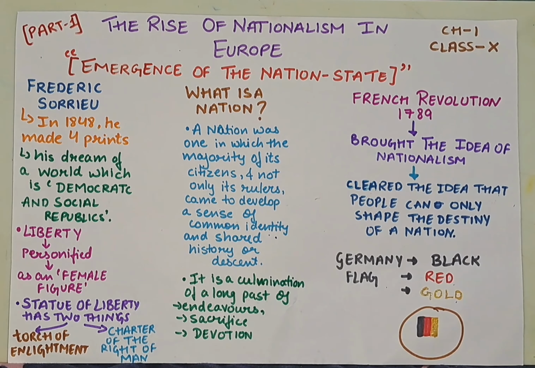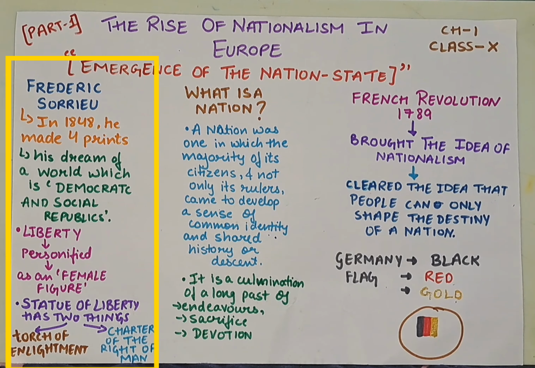The main point or the concept of the chapter is the emergence of a nation state or of an independent state. Now, what do we mean when I say a nation state? It means how France, Italy, Germany actually emerged as individual, independent nation states. So the first page of the chapter